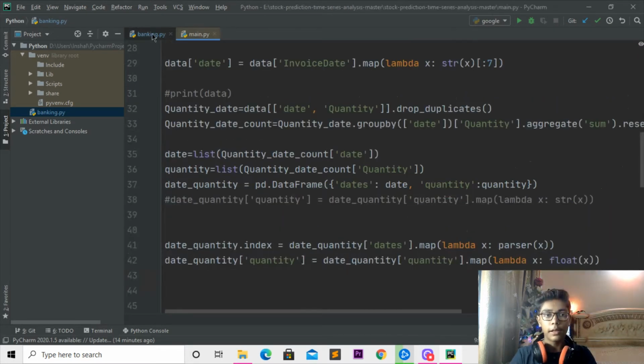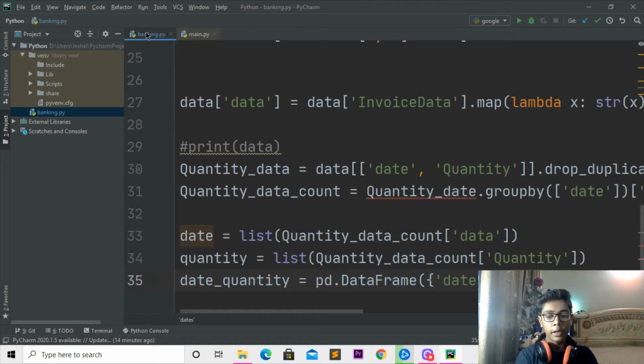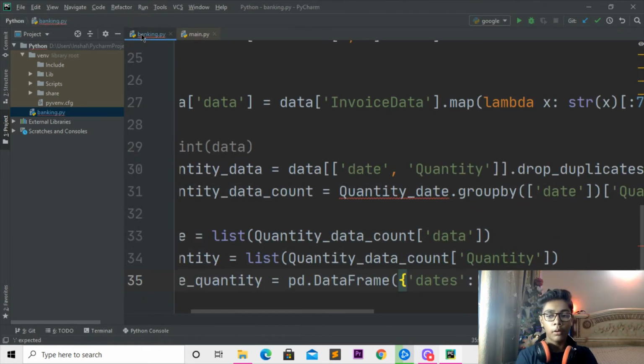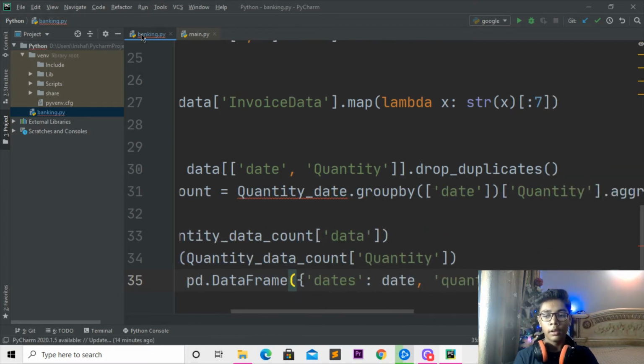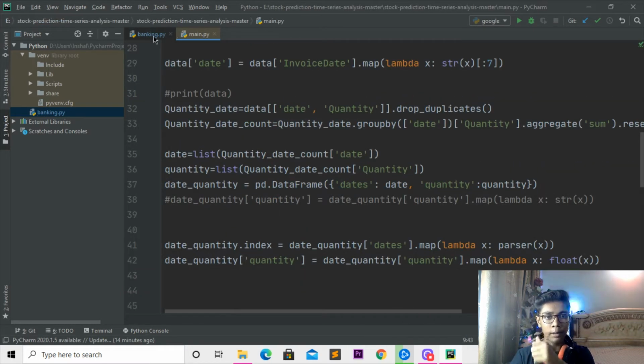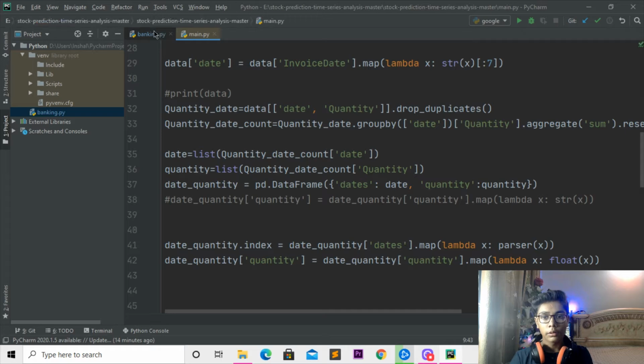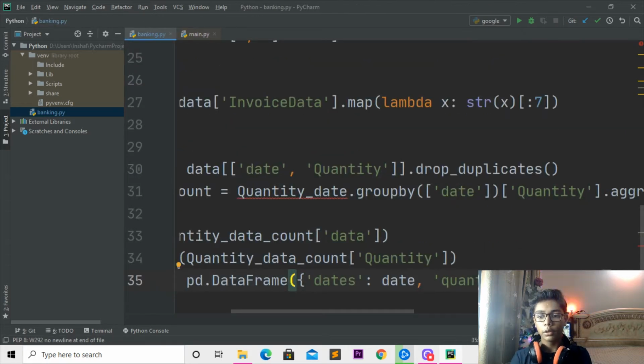So when you've done with that, here I'll now be coming, then I'll be writing quantity, then I'll be moving forward here. So when you've done with that, now here I'll be writing quantity again. So when you've done with that, now I'll be coming, then first of all I'll be coming here. Okay, so now when you've done with that, you have to do one thing, you have to